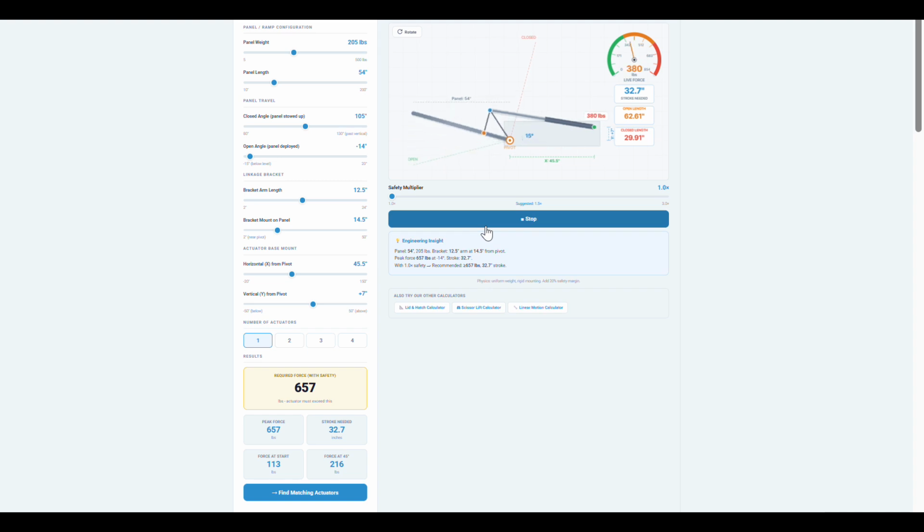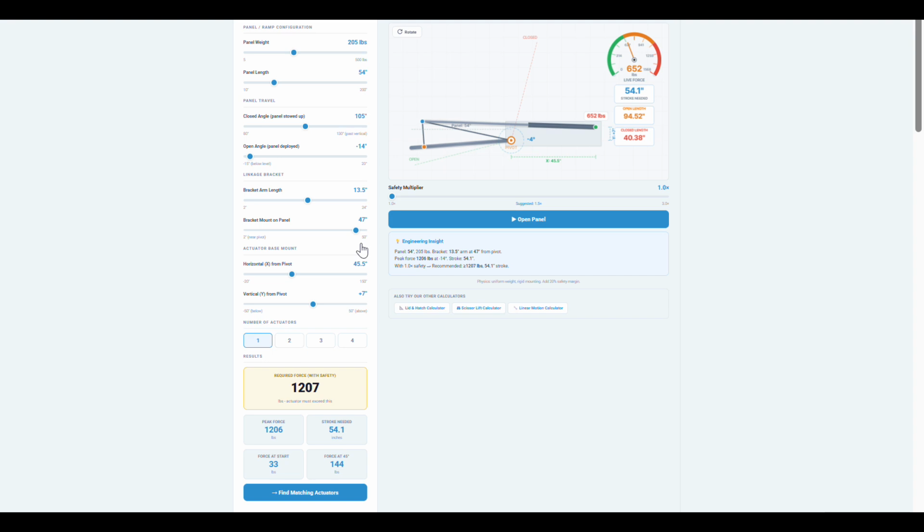The linkage bracket is how the actuator connects to the panel. The bracket arm length is how long the arm is between the pivot and where the actuator attaches. The bracket mount on the panel is where along the panel that bracket is positioned. These two dimensions together set the mechanical leverage. A longer bracket arm means less force required but more stroke needed, the same trade-off you see in all lever